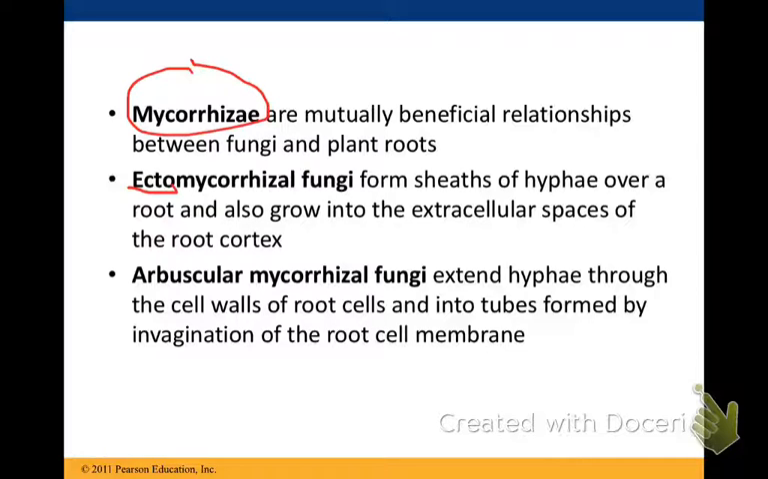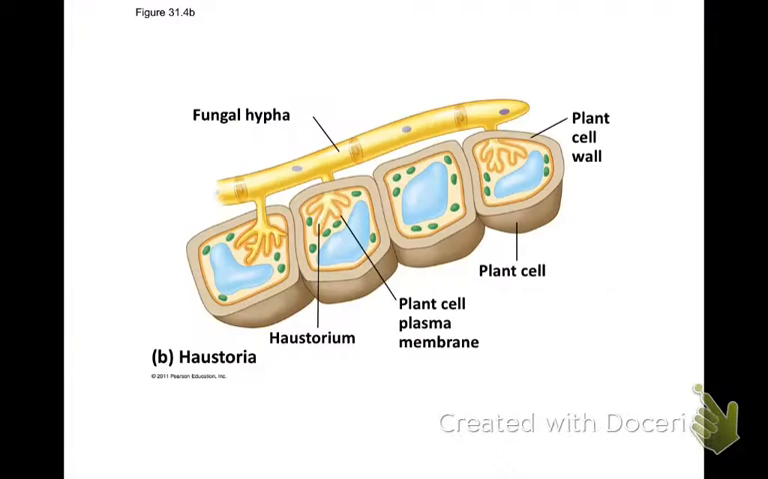The second type of mycorrhizal fungi are the arbuscular. They are different in that they actually form a structure inside the cells of the root, which is diagrammed here. So you can see that the fungal hypha extends this specialized structure called a haustorium, and it branches into what is called an arbuscule, and the function of